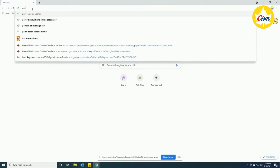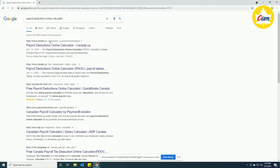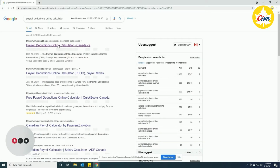Let us calculate monthly income as an international student in Canada. That means 20 hours a week. To know the net income, we need to calculate how much your taxes are. Using this payroll calculator from the Canadian government site, you'll be able to calculate how much is your net income. Go to the payroll calculator from the government